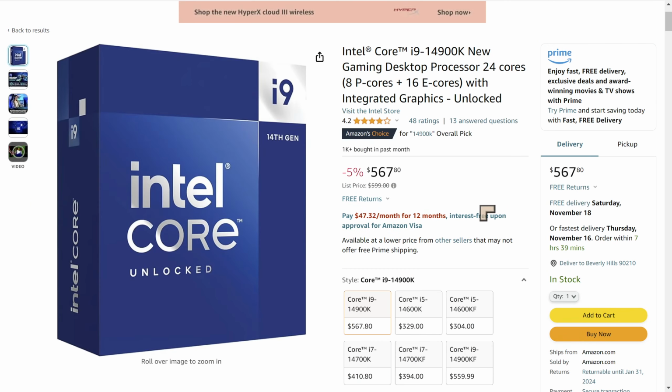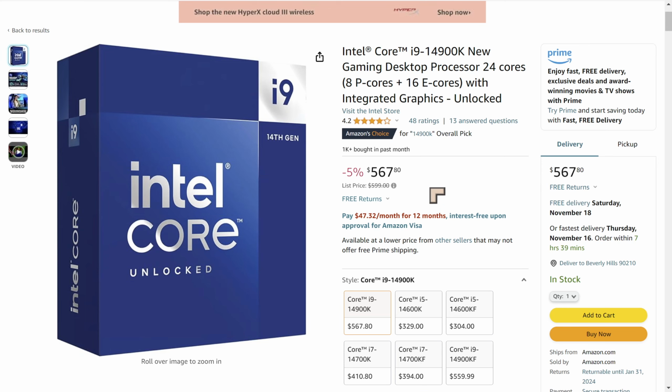Now the CPU I'm going to recommend is the Intel Core i9 14900K. This is one of the most powerful CPUs from Intel. Intel updated their range this year, just a few weeks ago, and at $567, this guy here gives you 8 high performance cores and 16 efficiency cores. Now typically for the Creative Cloud, the software can make use of about 8 performance cores. Most of the software doesn't really go beyond 8 cores in terms of what it can actually use. So that gives you 16 efficiency cores that you can use for the background